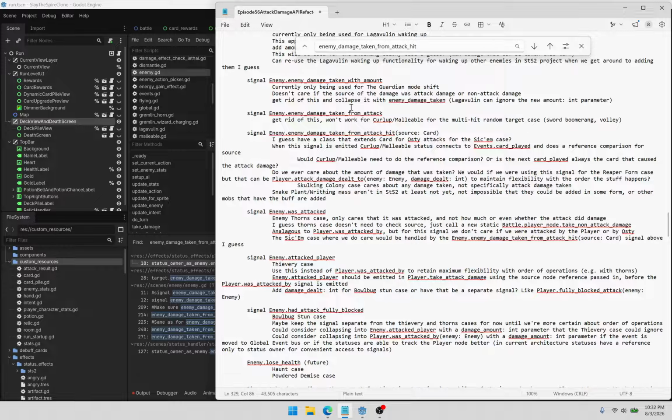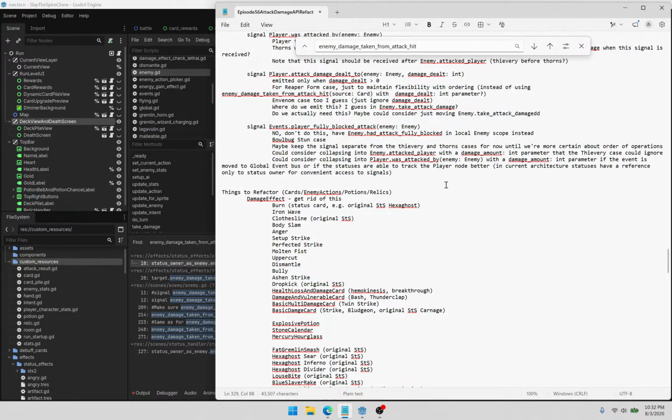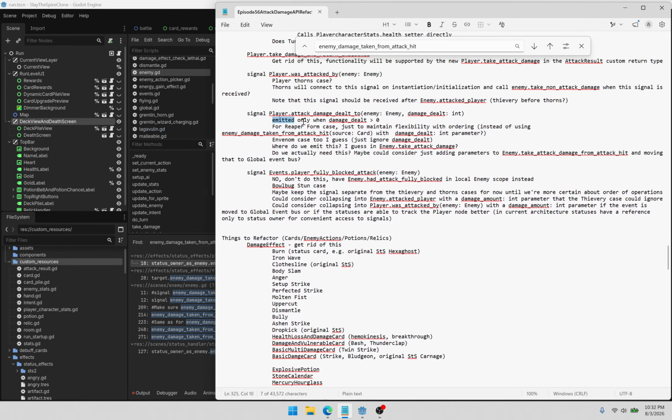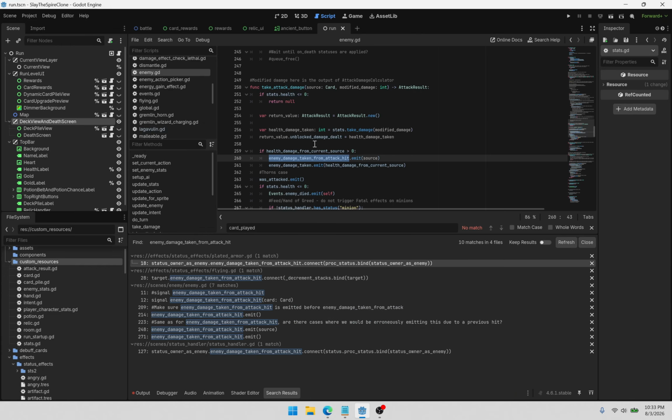Enemy damage taken from attack hit, I guess. Yeah. Maybe could just consider there's 2. Okay, moving that to global event bus. But for now, I guess we can do, yeah, player dot attack damage del 2 here. So that can be something in the global event. But okay, so